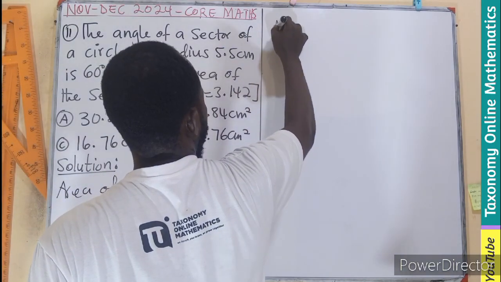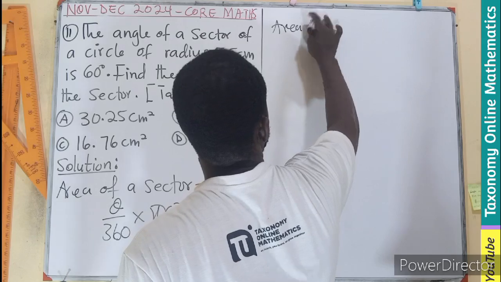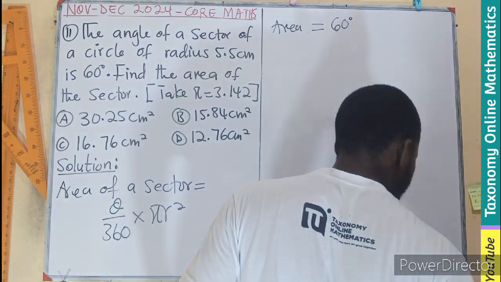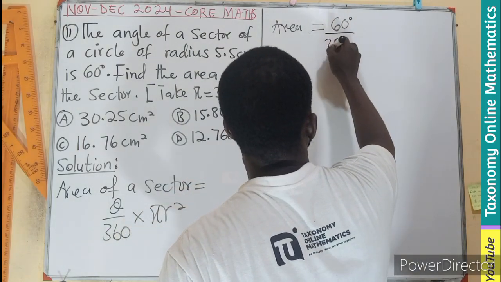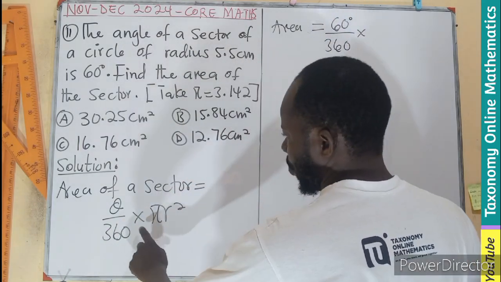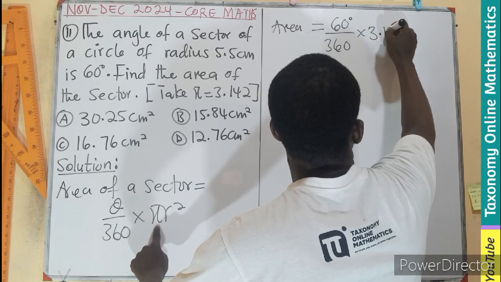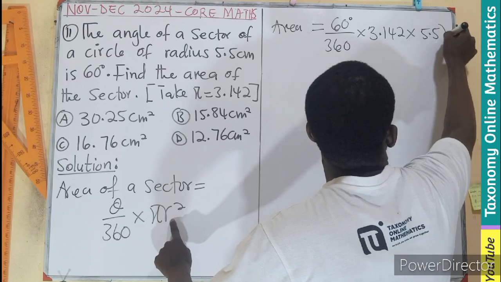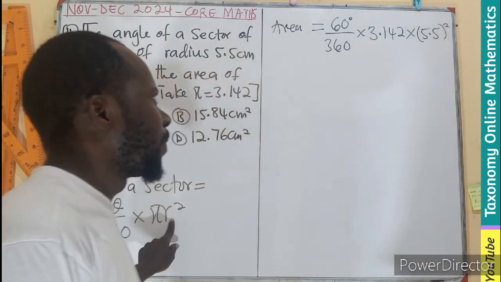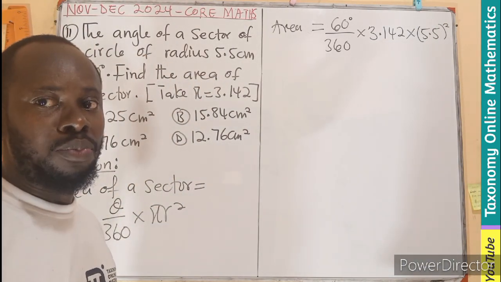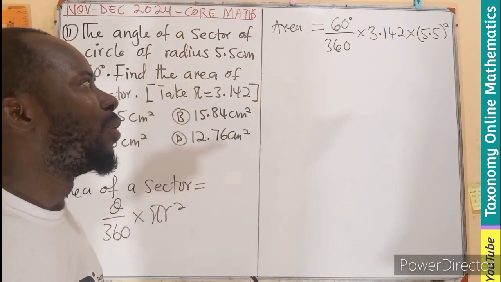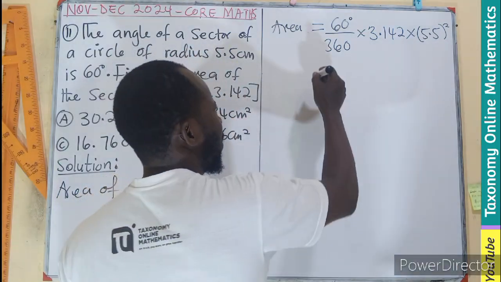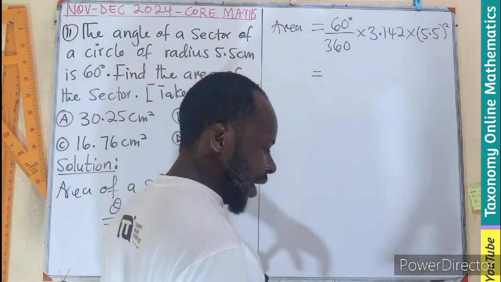So I'll be saying that area equals 60 degrees divided by 360 times pi, which will be 3.142 times 5.5 all squared. Fast forward, we can just put it all in a calculator and get what the value will be, or we reduce this and multiply this, it will all come back to the same thing. So let's put all this in our calculator,